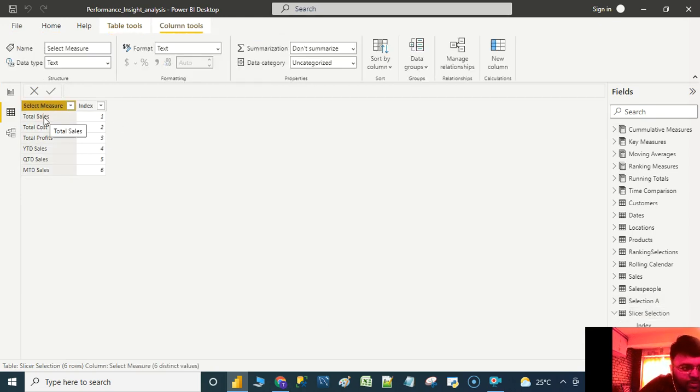The main purpose of index is to ensure that these particular measures are in a particular order with respect to index. So we click on select measure and sort by column, let us give index. That's the purpose of index in this table.